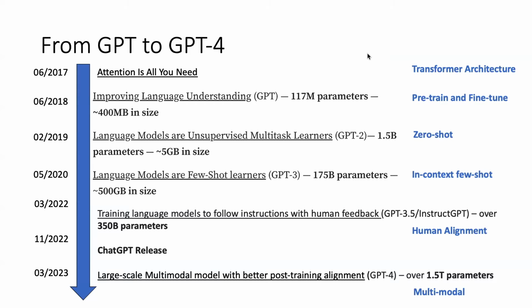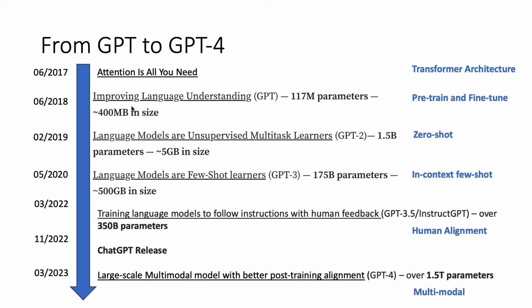Before we dive into the details of the paper, let's look at the timeline from when the transformer was created until the recent GPT-4 model. The transformer paper, Attention Is All You Need, was proposed in 2017. It proposes the backbone transformer architecture, which is the foundation for all the following BERT models, GPT models, and current LLMs. So I guess this is the most important breakthrough paper that leads to all the recent